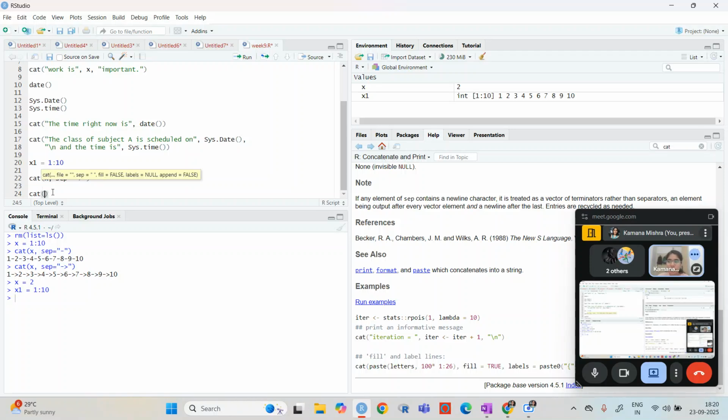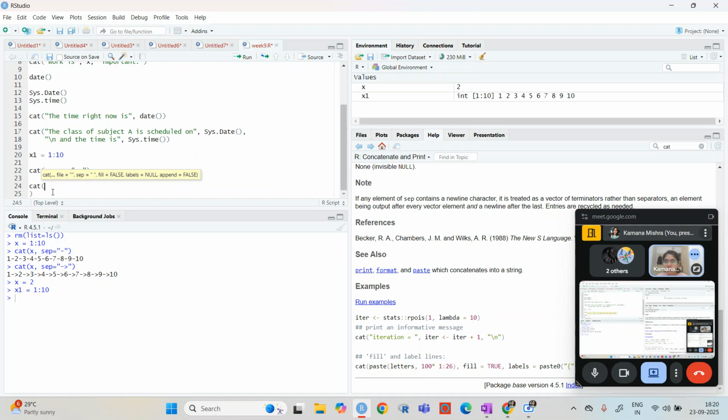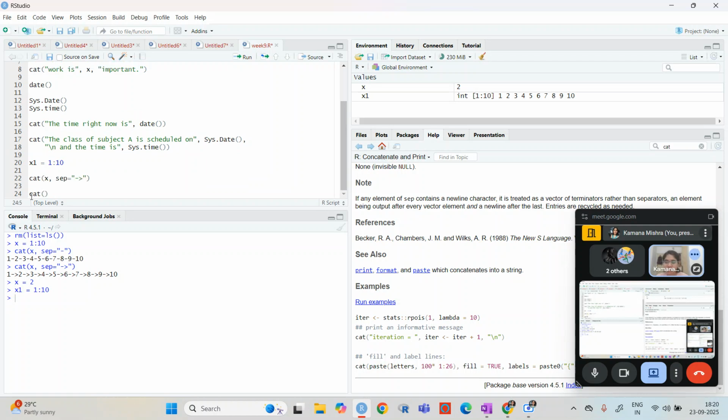Now if I want to write the square root of x is sqrt(x), and then I'm just going to do this.